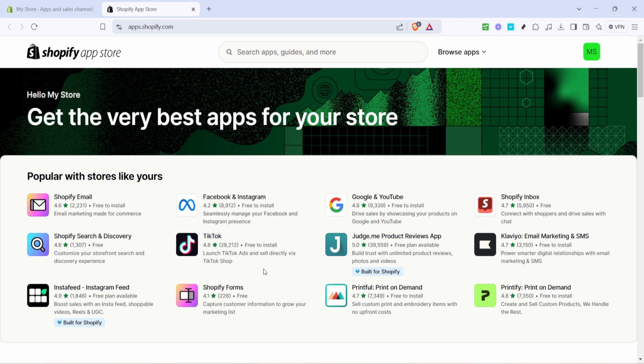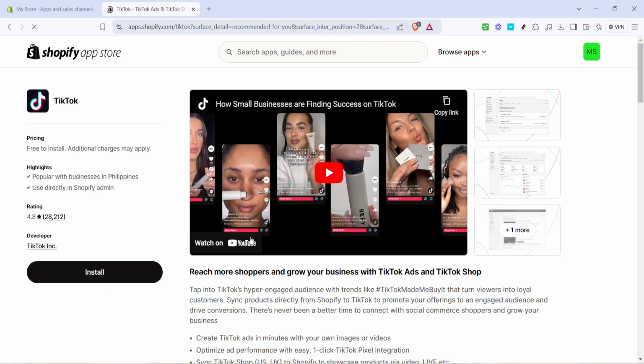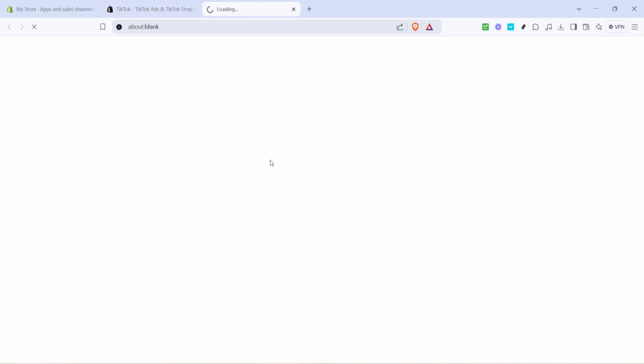Once in the App Store, use the search bar to look for TikTok. Once you've found the TikTok app, click on it, and then you should see an Install button. Clicking this will start the process of linking TikTok to your Shopify account. Your browser might prompt you for confirmation, and you'll likely have to sign in with your TikTok credentials. Make sure your TikTok account is ready for this integration, as you'll be connecting digital accounts that manage your sales